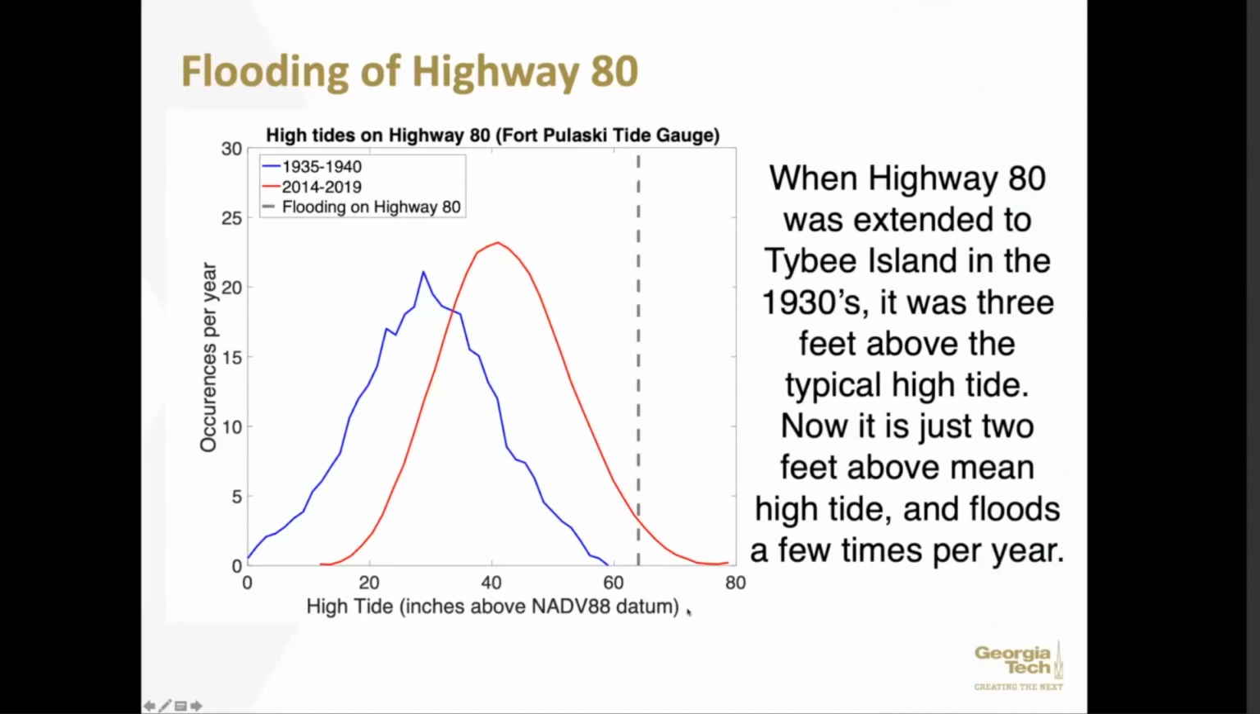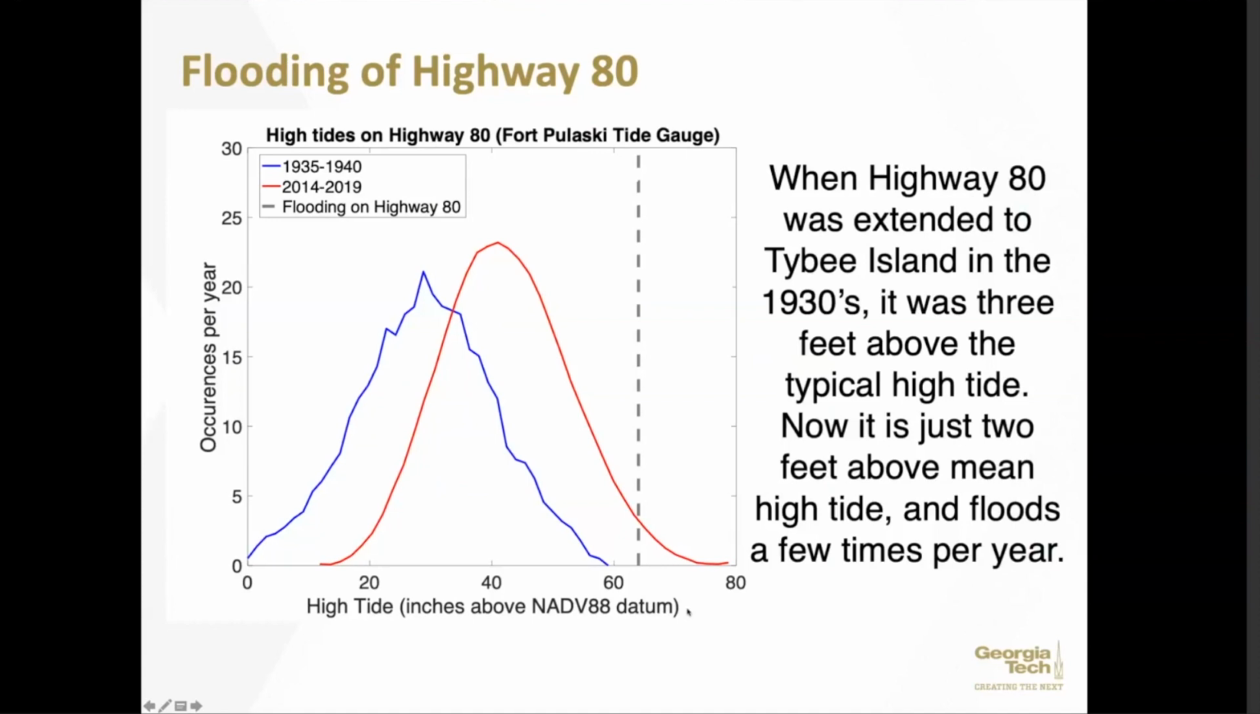So as you can see, in the 1930s, when Highway 80 was extended to Tybee Island, the average high tide was about 3 feet below the level of the seawall protecting Highway 80. And with the slow but progressive shift upward in the high tide level due to sea level rise that has occurred over the last 80 years, this has put us into a regime where the average high tide is closer to the level of Highway 80,